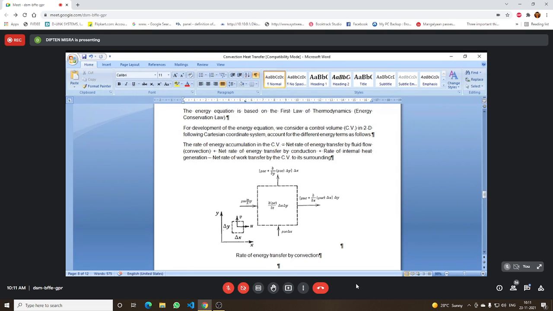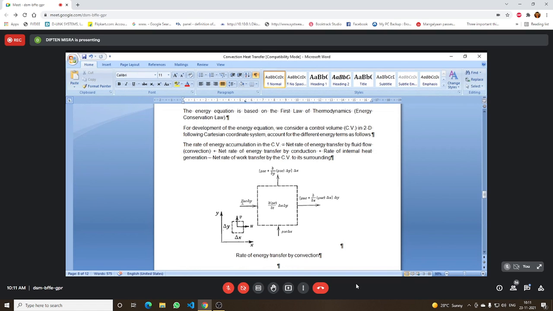And along with the mass which is entering, what is the mass term present? You see delta y into the depth, which is equal to 1. Delta y into 1 is the area of this face. Now through that area, if you consider u, the velocity component normal to that area, u into area gives you what? That is the volume flow rate. And if you multiply that with density, it gives you the mass flow rate.